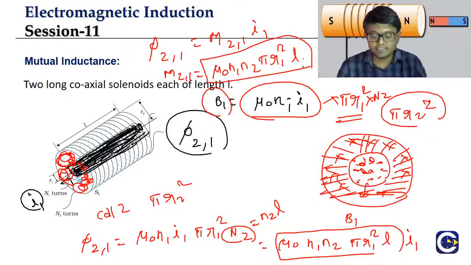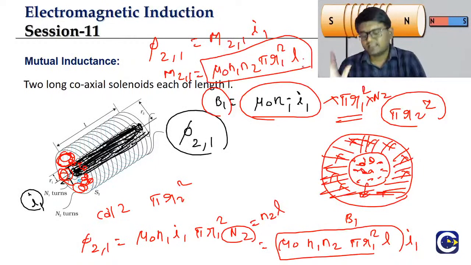It's a very basic thing. What are we doing here? We are looking at what is the flux, the flux value. The only thing is what? When we are